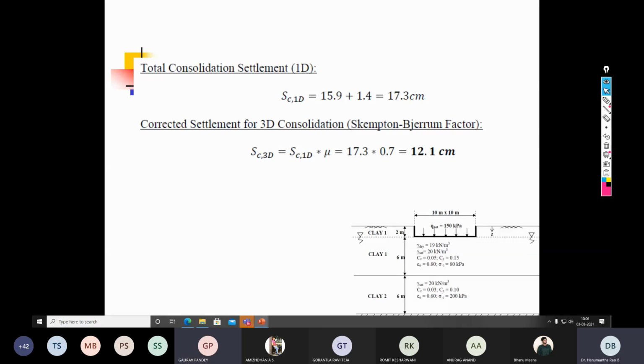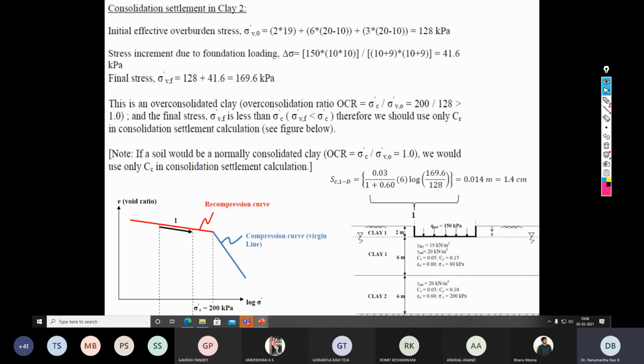Sir, in this we have to calculate the consolidation settlement. Sir, if we were to calculate immediate settlement, can we also transfer the load as you have transferred in this case, sir? Because you have given a previous example like this, sir, where there were 2 layers and we have to do it independently and then subtract the... No. The previous immediate settlement equation is valid only for the cohesive soil.